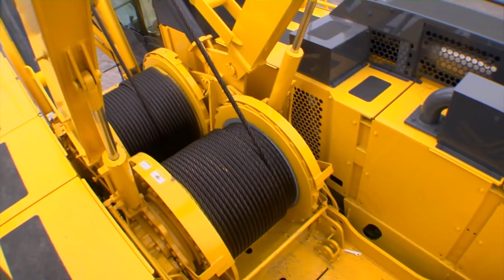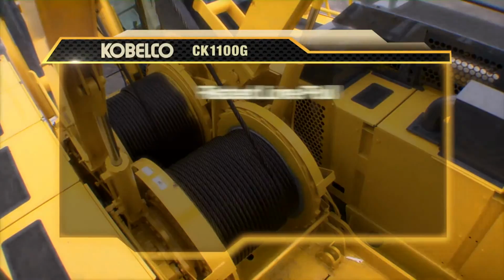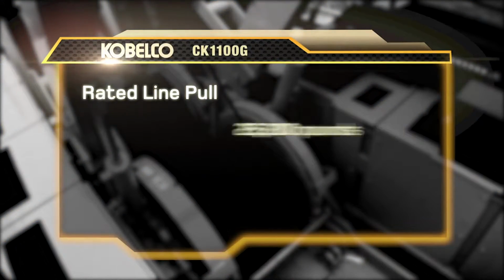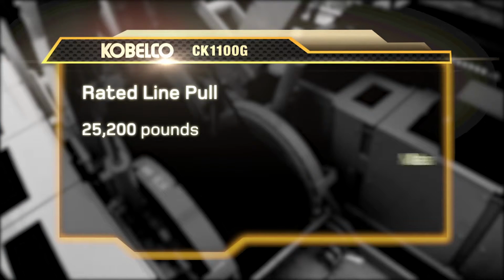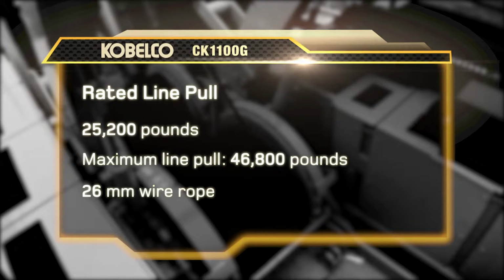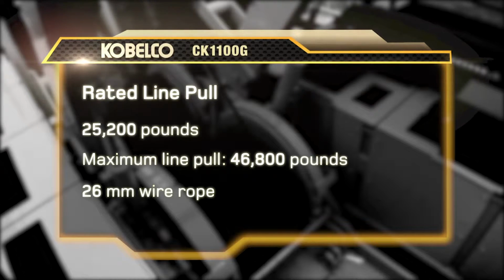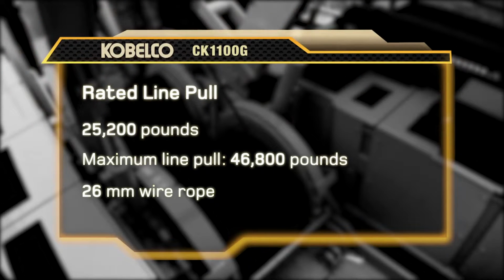Next, we have front and rear hoist drums, sometimes referred to as the main drum and auxiliary drum. They both have a rated line pull of 25,200 pounds and a maximum line pull of 46,800 pounds on the first layer by using 26 mm wire rope driven by a variable displacement Kawasaki hydraulic motor through a gear reduction unit. Both drums can produce up to 390 feet per minute of line speed with the standard hydraulic mode winch assemblies,